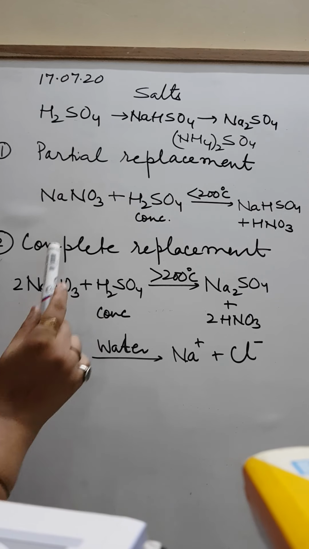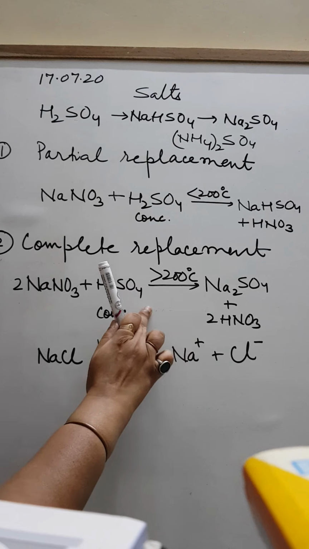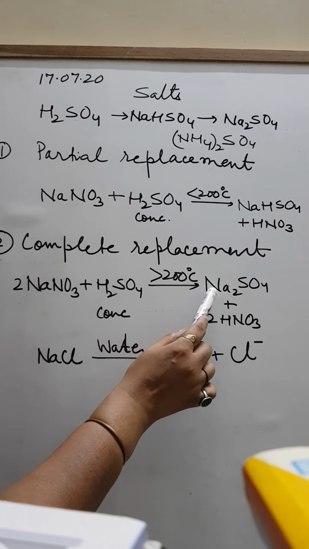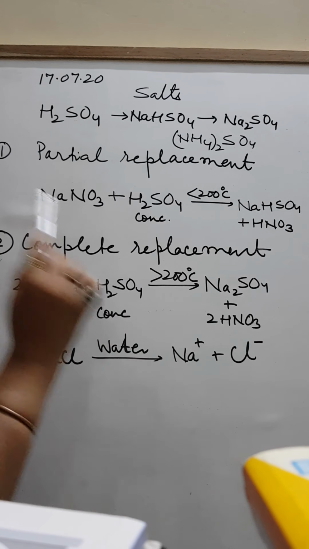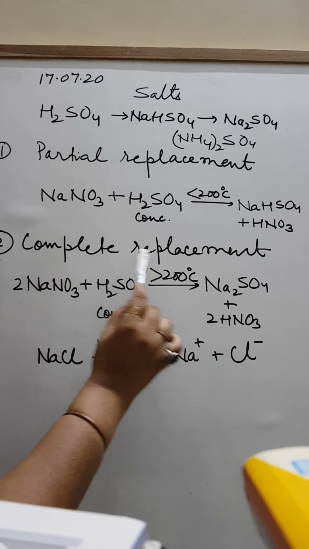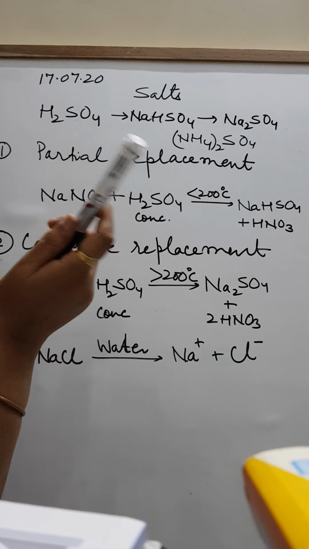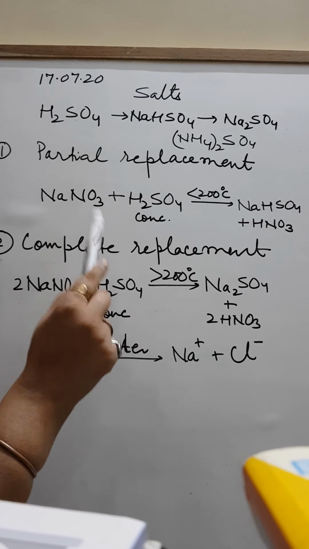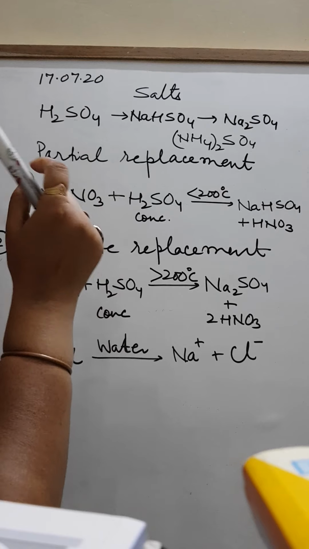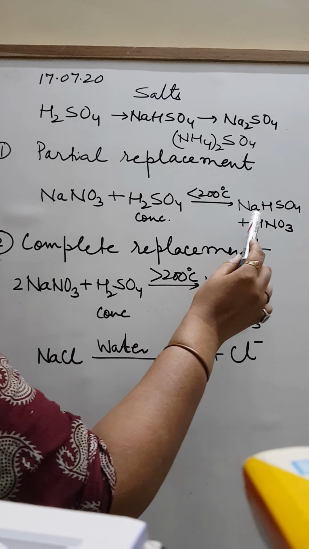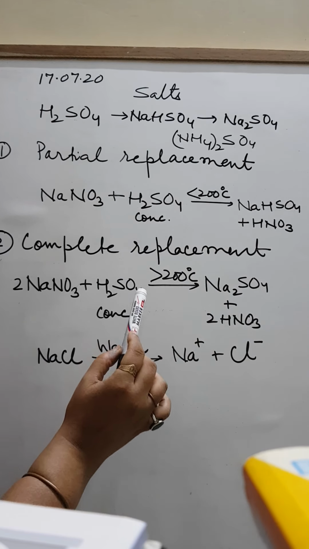degrees Celsius. Now, same reaction, same reactants, but if we maintain temperature, children, above 200 degrees Celsius, we know we'll get Na2SO4 and HNO3. Here we see both the H are replaced by metal atom. So this is complete replacement, and this takes place above 200. And there you remember, even we were asked that why do we maintain temperature below 200 and not above 200, because above 200 we have this salt formation. But here, besides the point, here we have to see this is incomplete or partial replacement, and here it is complete replacement.